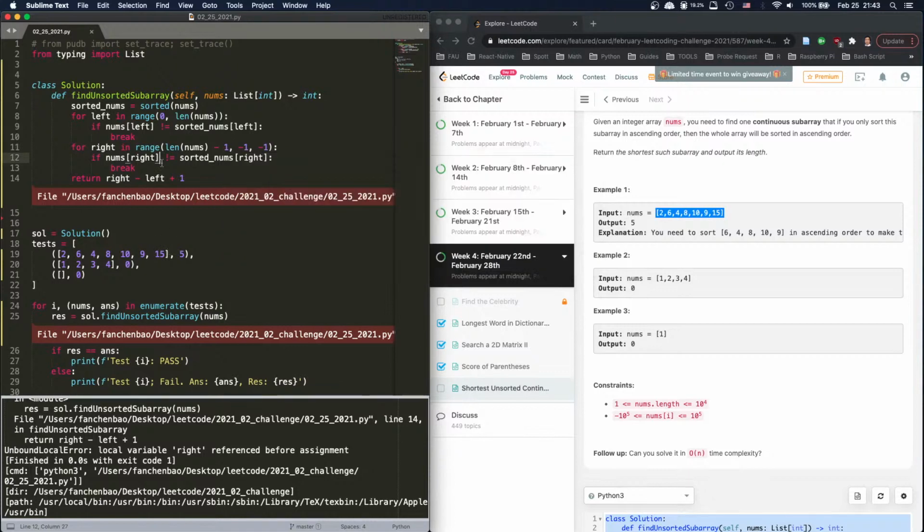Reference before. Oh yeah, that's true. Okay, let's do it. There are a lot of issues. If you think about it, there are a lot of issues. So what we can do is